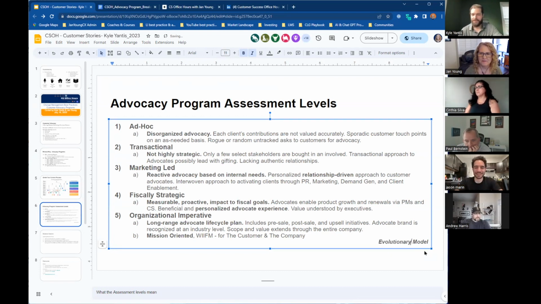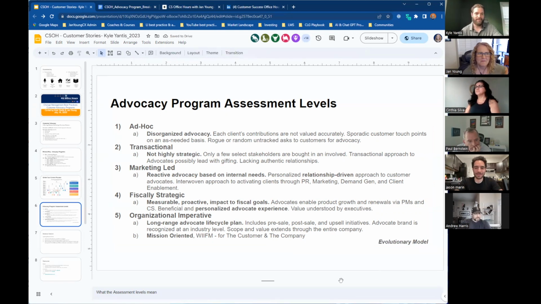So everybody starts with an ad hoc program. It's disorganized, it's one-off, it's sort of tit for tat. If you write a nice review on my website, I'll give you a $20 Amazon gift card. Versus, well, actually that'd be transactional. But